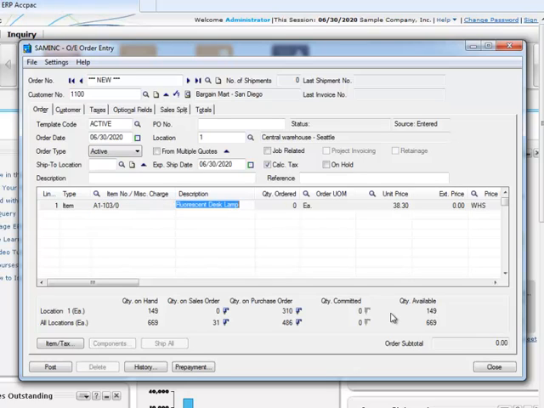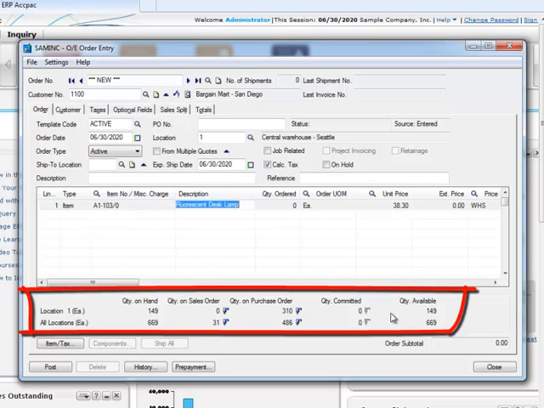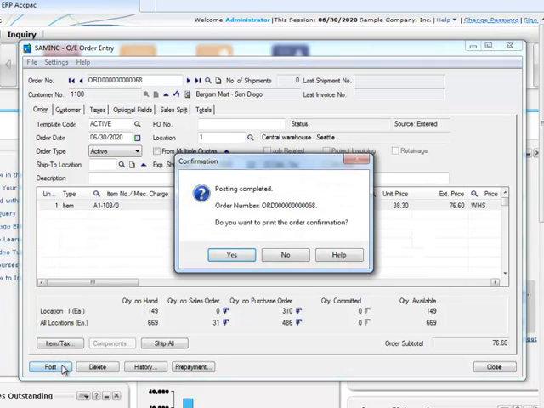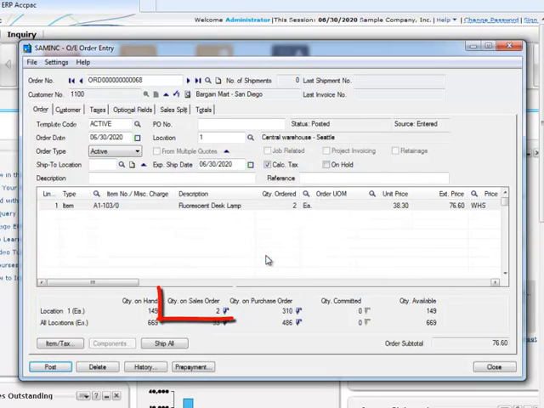Moving to the line details, we'll open the Finder and select the first item, a fluorescent desk lamp. When we hit the Tab key, the live real-time inventory information appears for the location that the order will ship from, as well as the totals for all locations. Next, we'll enter a quantity of 2, and when we post the order, notice that the quantity on sales order